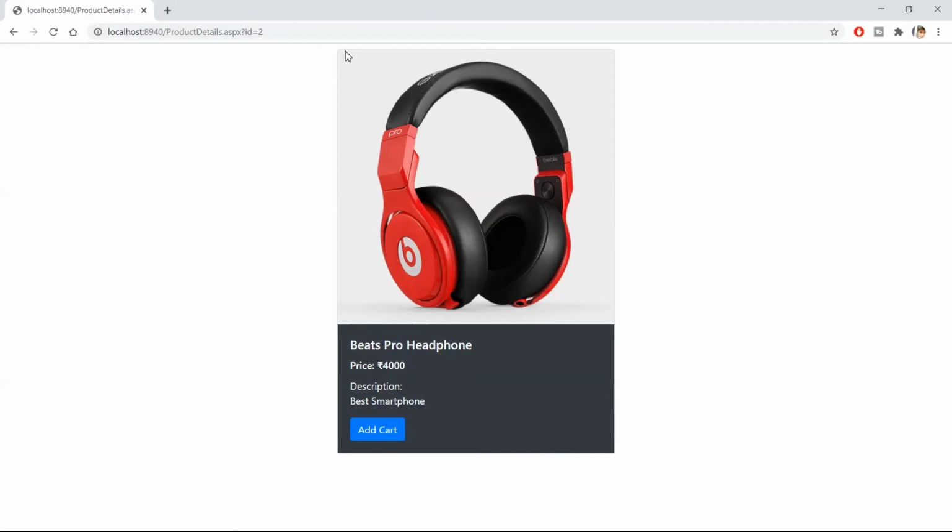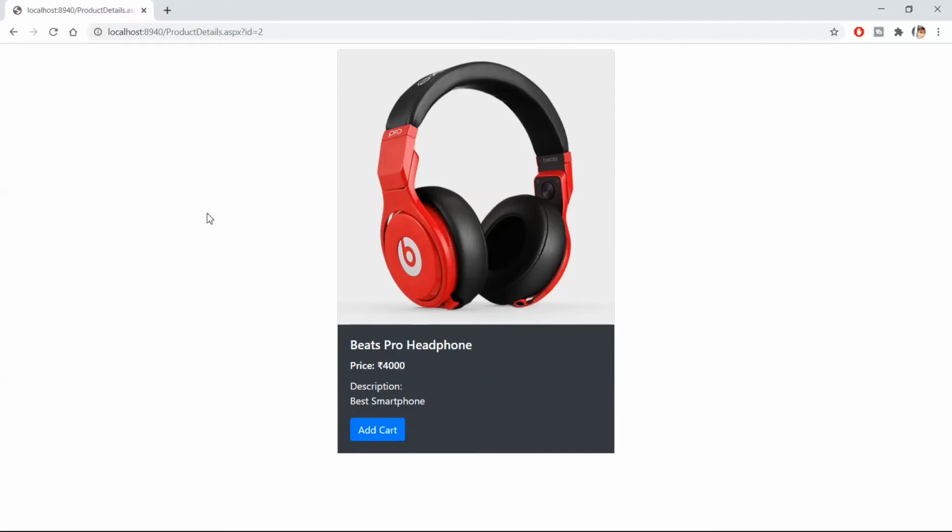So this is a card which we have taken inside the bootstrap, and first we have taken the image that is at the top. Okay, so it displays the image first, then we have taken the card title which is in bold. Again I have taken here bootstrap for the card title. After that I have taken the card text, and then I have taken the button control here. So this is a bootstrap button. All these bootstrap classes we have used for this page.